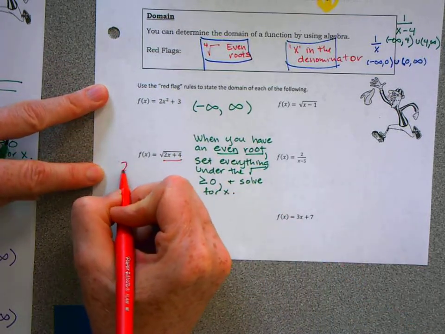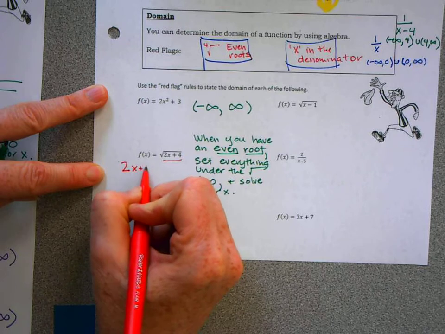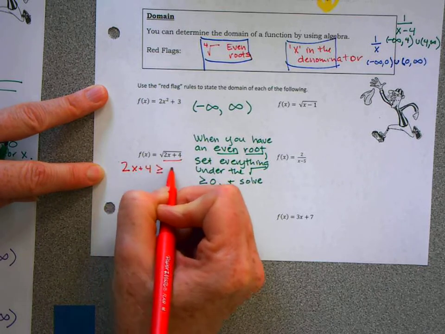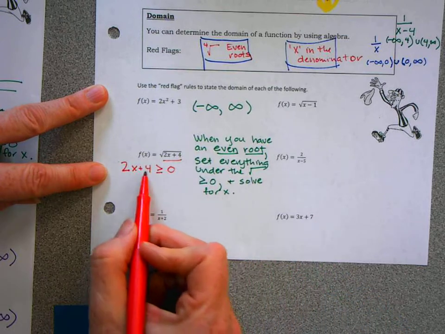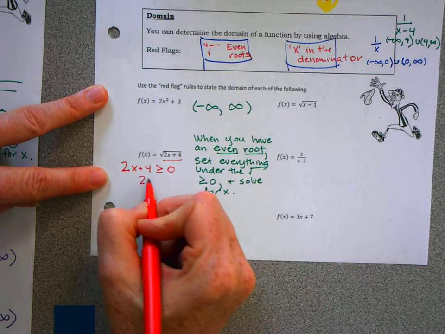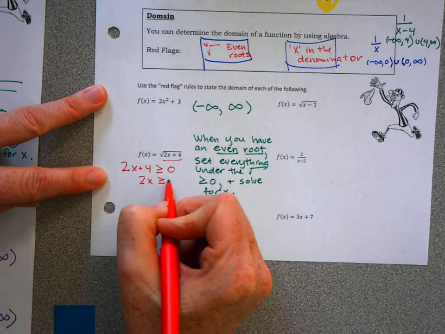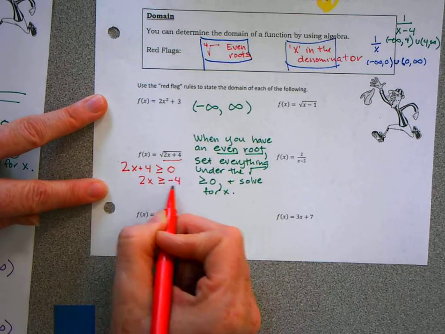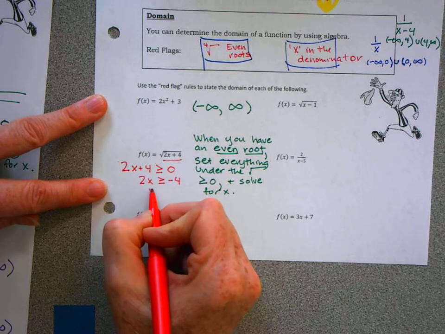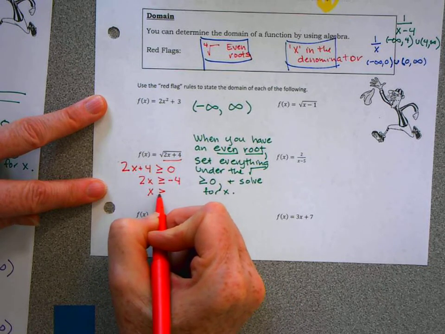I bring it out, 2x plus 4. I set it greater than or equal to 0. Okay, now I'm going to solve for x. I subtract 4 from both sides, and I get 2x is greater than or equal to negative 4. All right, I got to divide by positive 2. I divide both sides by positive 2, and I get x is greater than or equal to